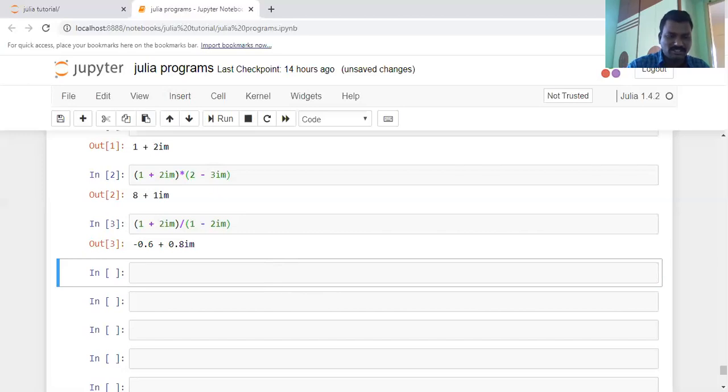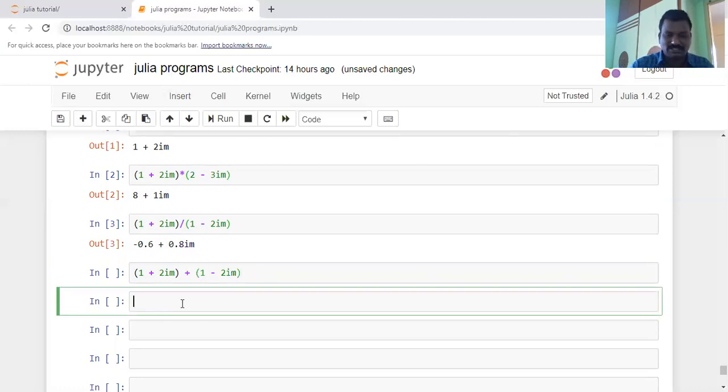What is the simple addition operation in this case? Here the simple addition operation is 1 plus 2im, plus 1 minus 2im. Here the value is 1 into 1. That means addition here, 1 plus 1, and then 1 into 1, you are calculating. The real values appear in one place, and the imaginary values appear in one place here. I am going to tell you the simple representation here.